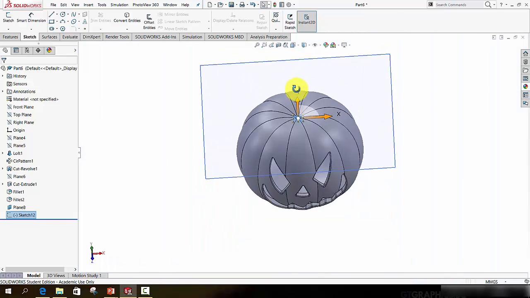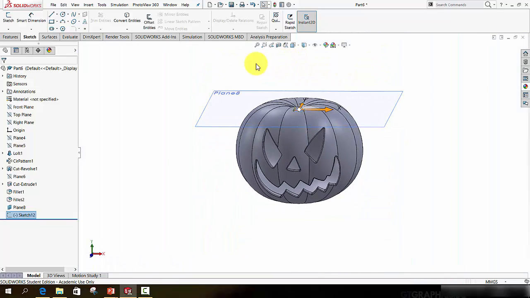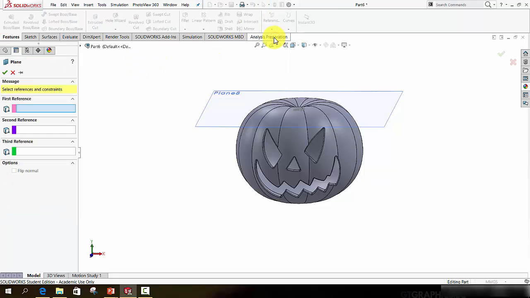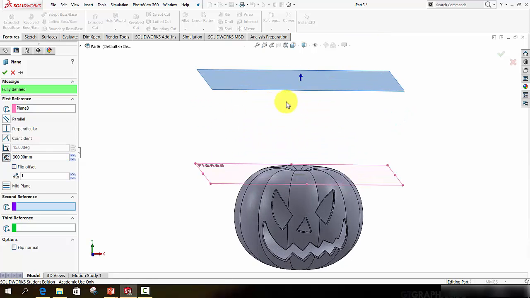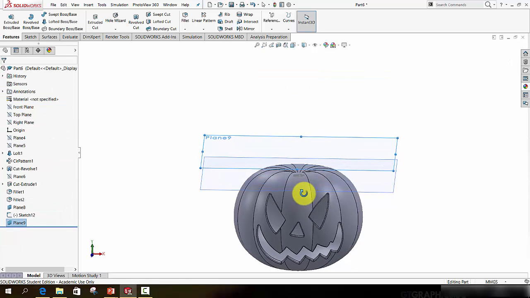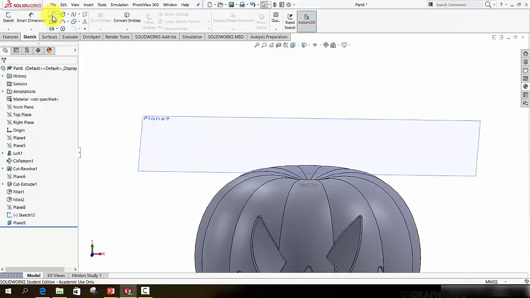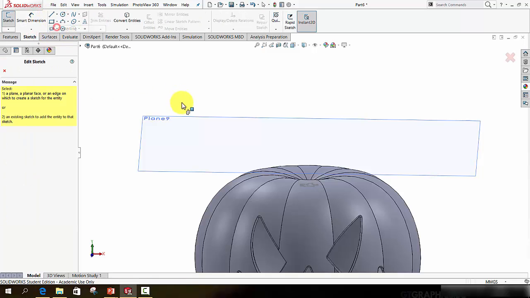So approve that, and I want to loft that onto another plane. So I will go to Features, Reference Geometry, Plane, select this plane as a reference, and let's put the new plane 60 mil above it, or 70 let's say. If I wanted, I could loft between these two planes, but just to make it a little more difficult, I'll hide this bottom plane first of all, and on the top plane I will sketch a center line